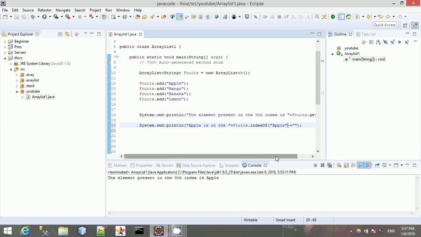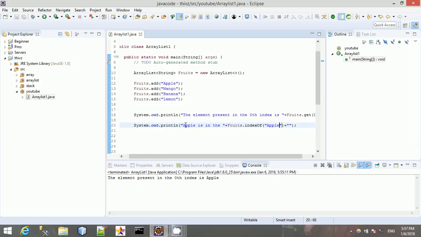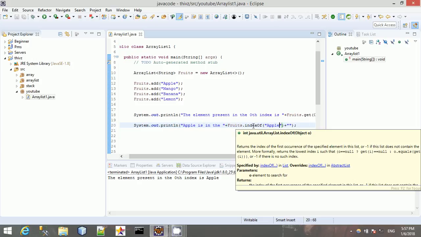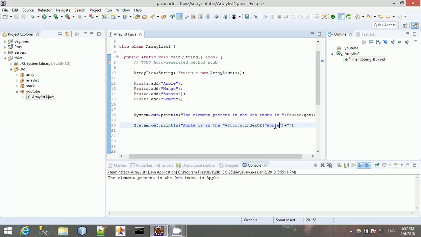So this is basically going to find the index of apples. So if I print this out, it's going to say, let me complete this sentence, apple is in the